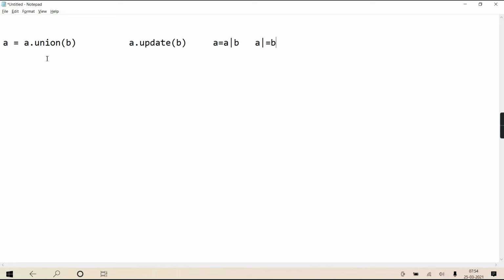So when you want to take union of two sets and store the result in the first set only, either you do A.union(B) and then collect in A only, or there is another option, A.update(B). It doesn't return anything. It will add everything of B in A only, which you can do this way or you can do that way. Get it?